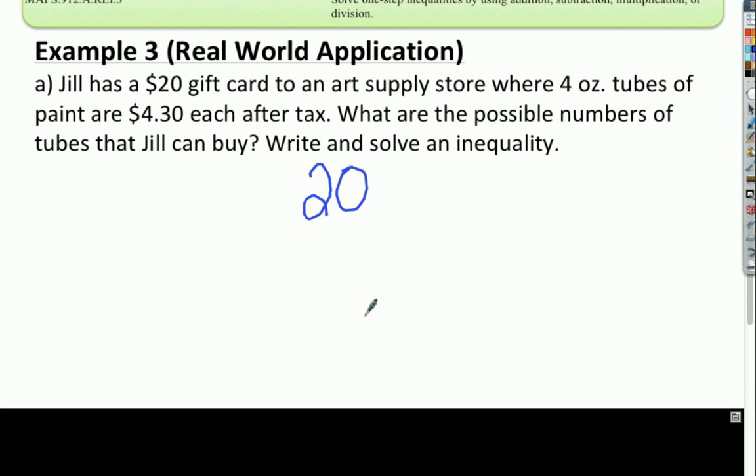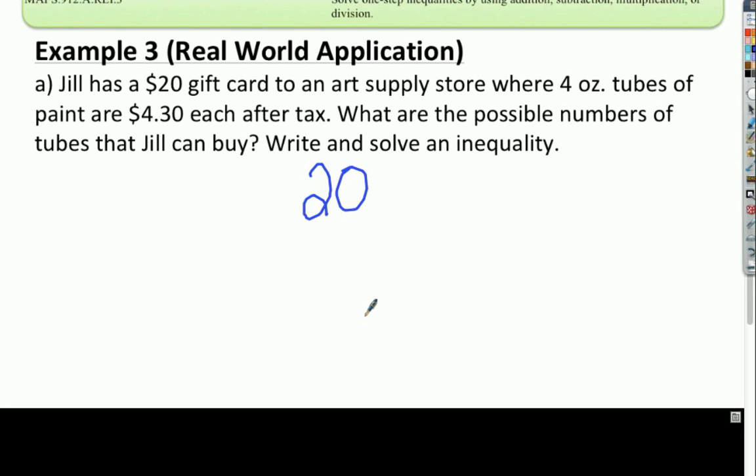Now I'm going to ask you some questions. Is 20 the most she can spend, or is that the least she can spend? Is that the most she can spend or the least she can spend? Marcus? Alex, you agree with that? Yes. Okay. So if that's the most she could spend,